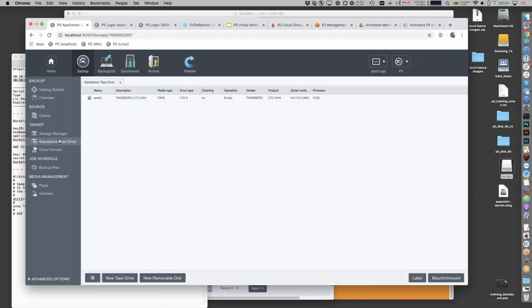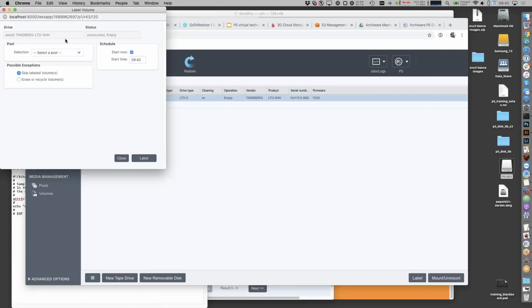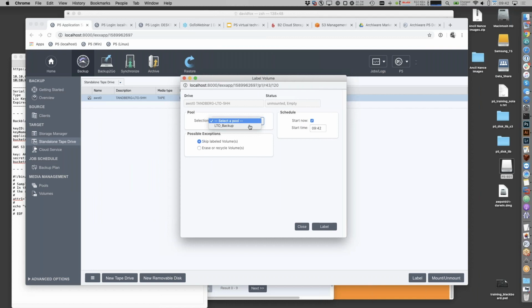So I go back to my LTO drive, which now shows up under standalone drives, and then I use the label button at the bottom here to choose the pool that I want to make this tape a member of. Because this is a standalone drive, there's no selection of slots or anything, there's just whatever tape is in the drive at the moment. And the possible exceptions basically means we will check the tape to see if it has Archiware data written to it previously. If it does, if it's previously been labeled, then we will skip it. So I have to tell P5 that I deliberately want to erase whatever's on this tape right now. So I'll click on the label button,